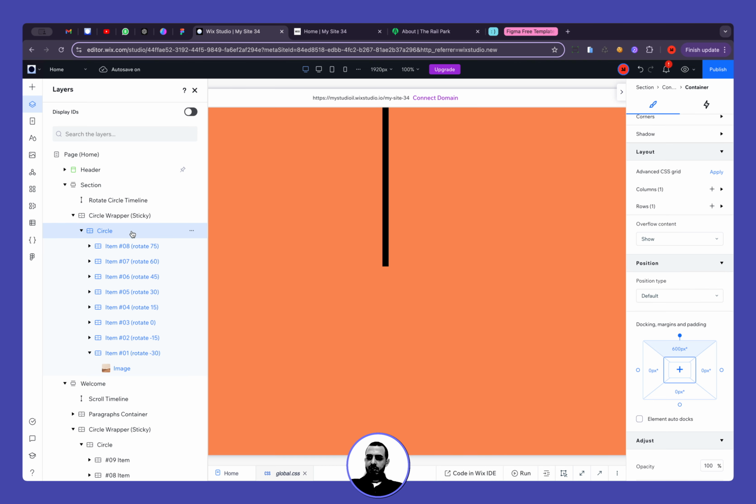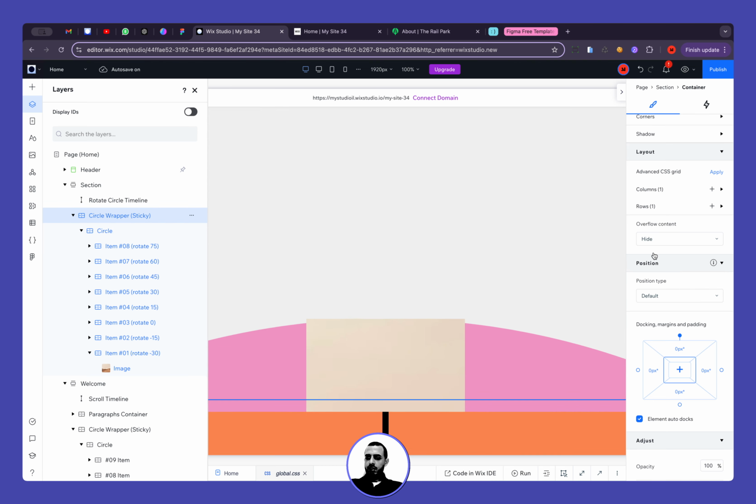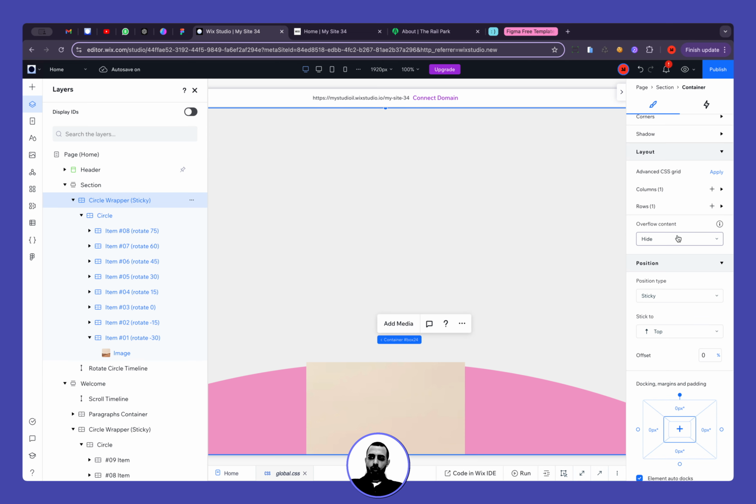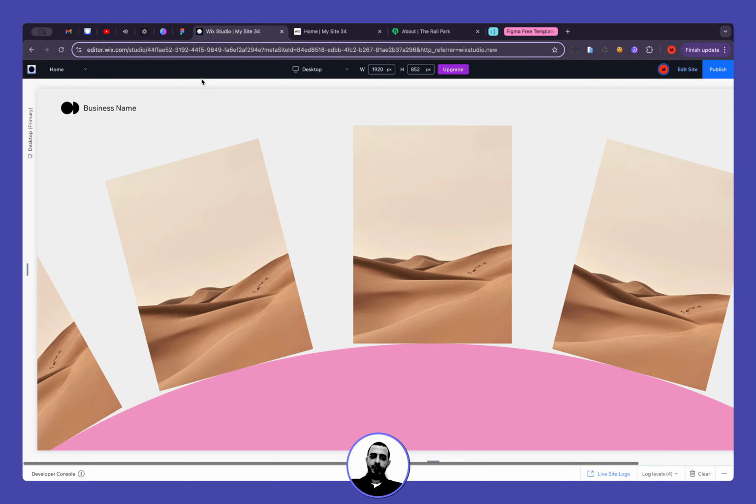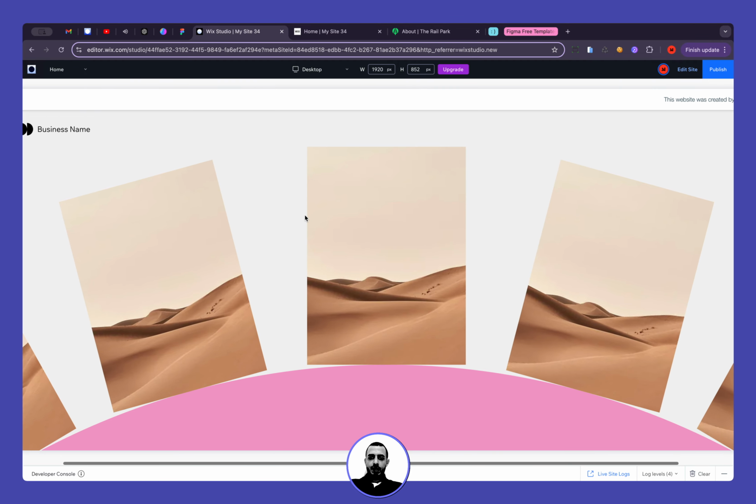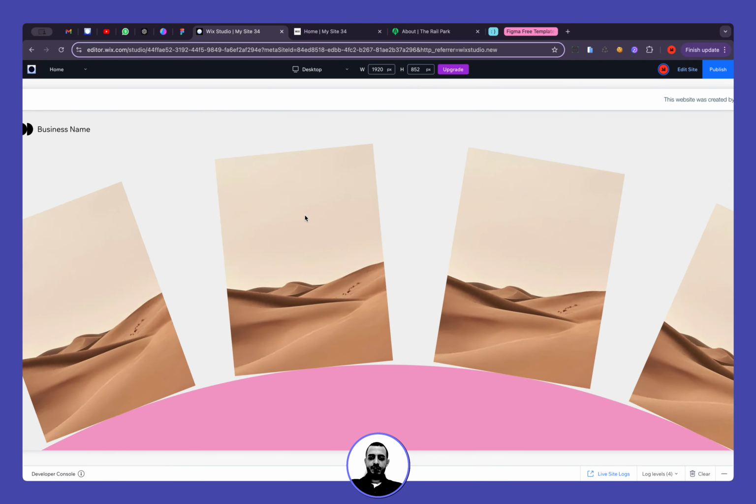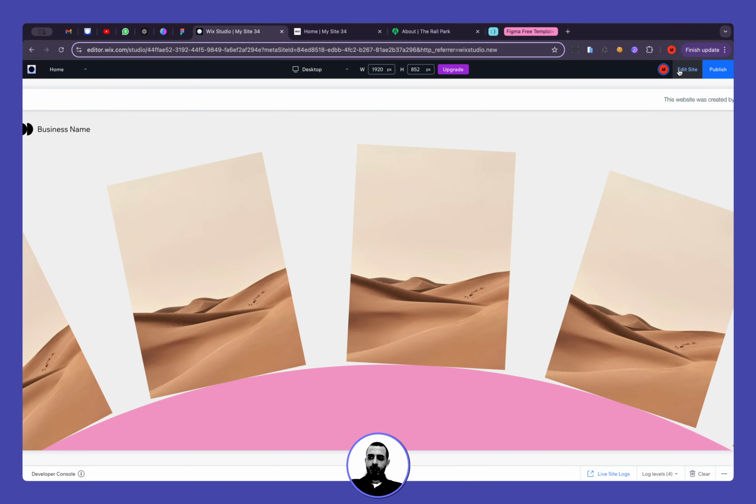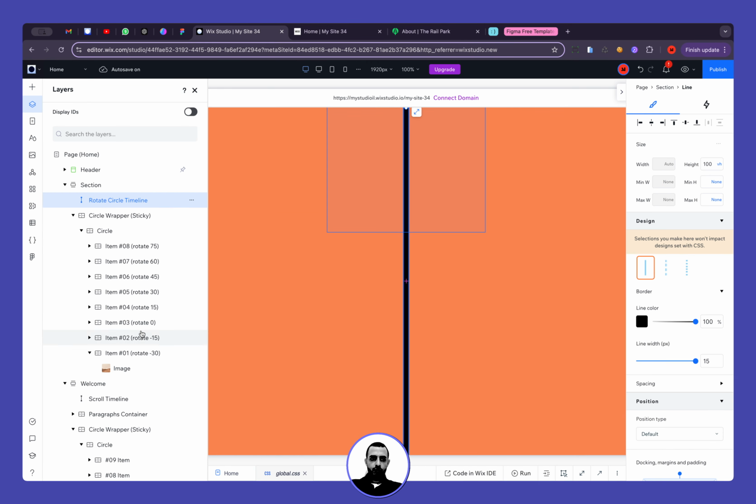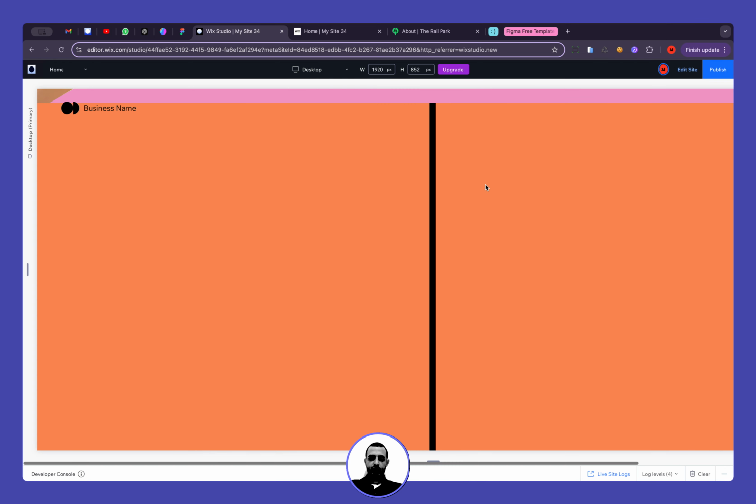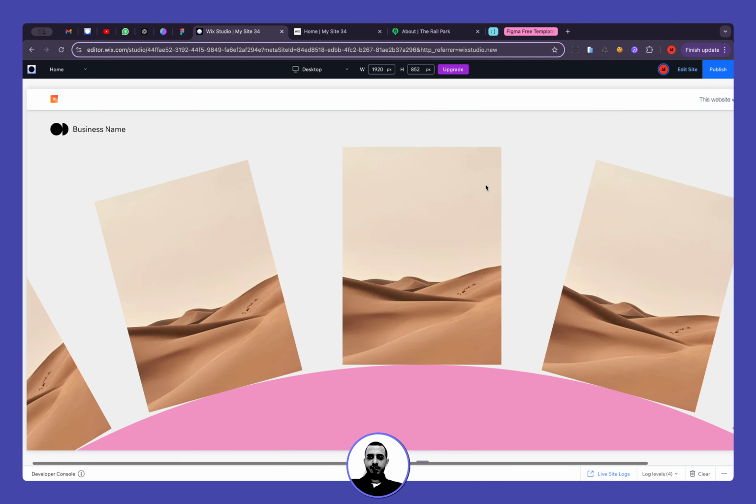So I did sticky to what? To nothing. So let's set it to be sticky to top and let's view it again. So now as I scroll down, you see it's in the viewport. Wait, I need to make the line to be the highest element so we can see it. So you can see as I scroll down,